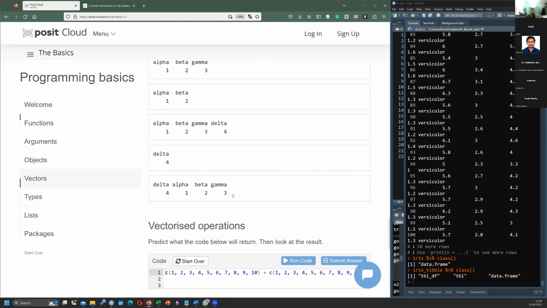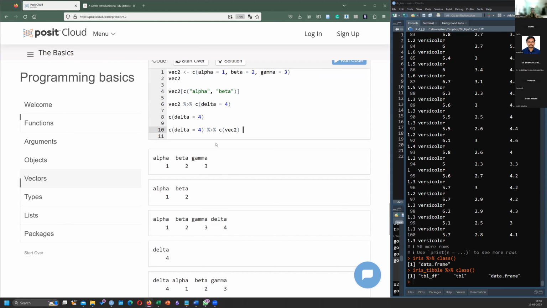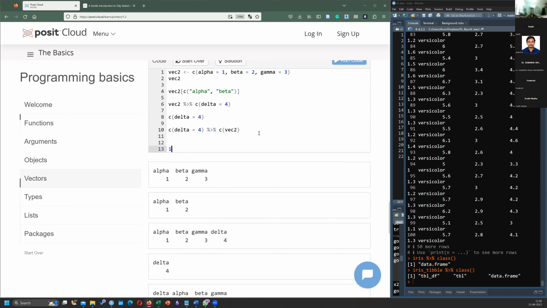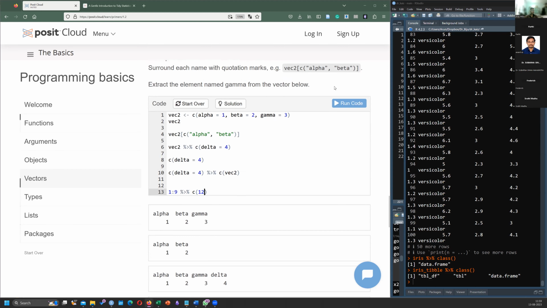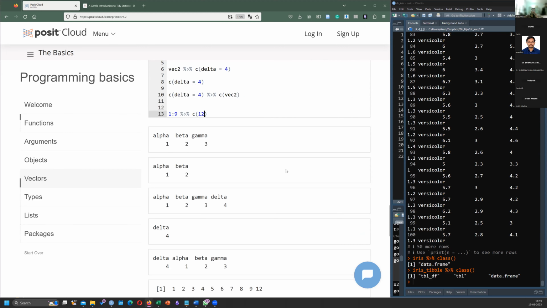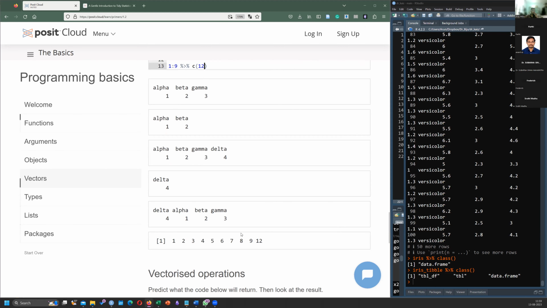See what happens. So the concatenation always happens in the end. You can say 1 to 9, and then you can say concatenate 12. You see, 1 to 9 and then 12.